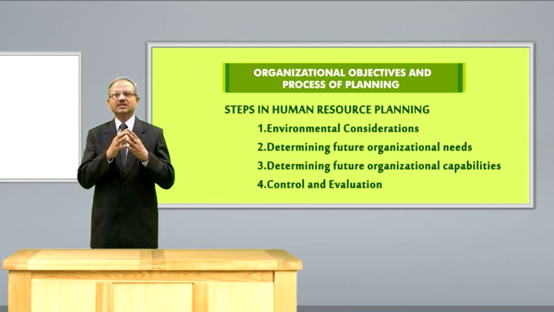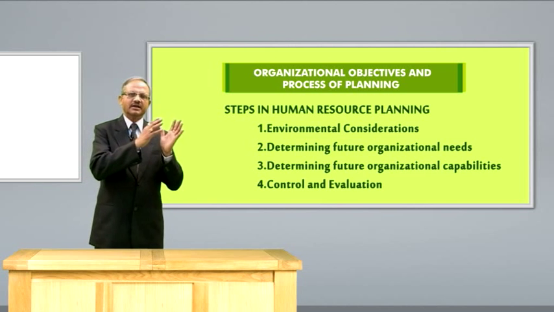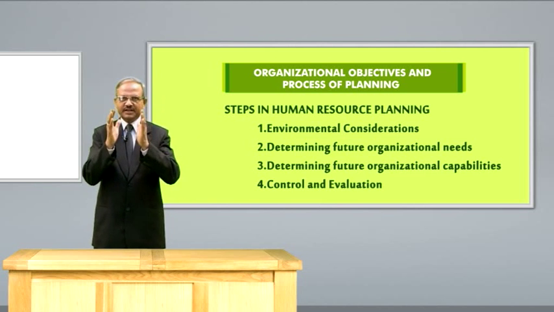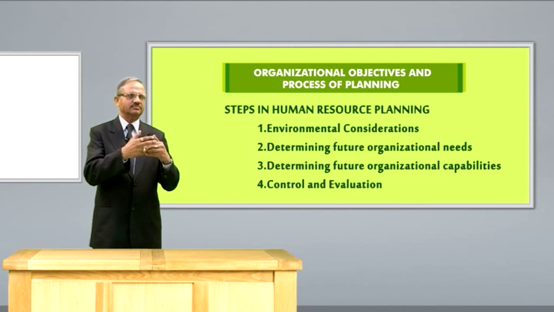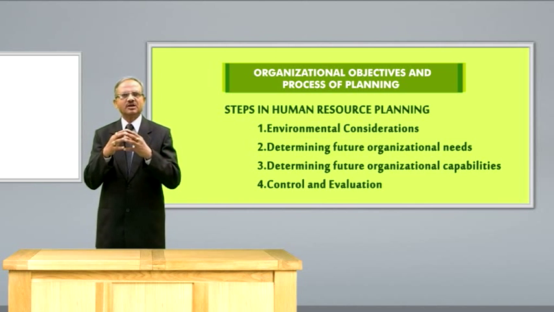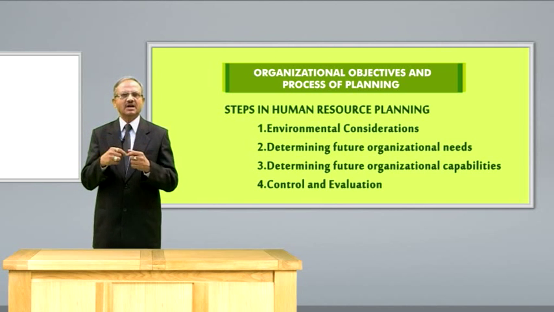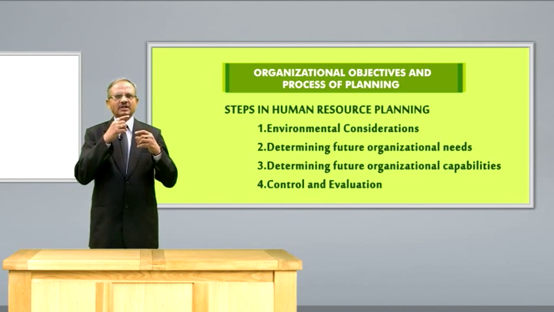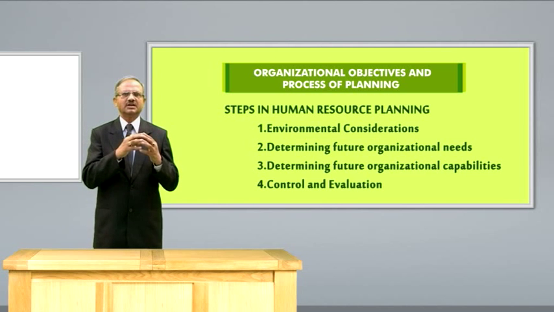Then the fourth step is control and evaluation. This is also another important step. Here indicate the responsibility for implementation of the planned activities and also the control mechanism within the system among the workforce. Here we have to establish reporting procedures, what kind of reports have to be prepared and submitted, and also the target number recruited against the target, and also employment cost also need to be considered while considering the evaluation or the